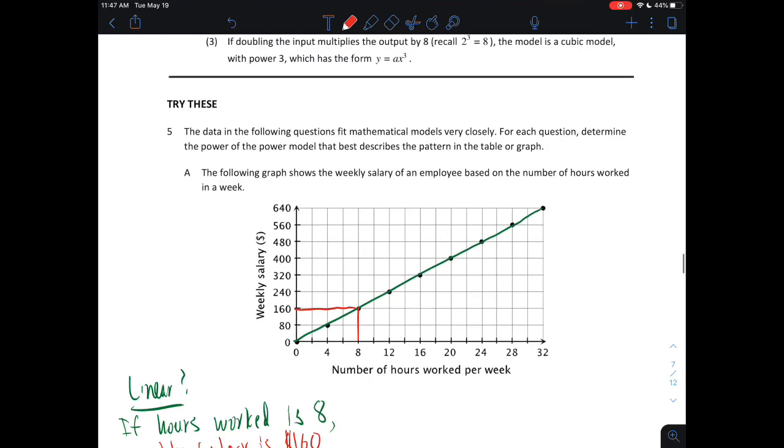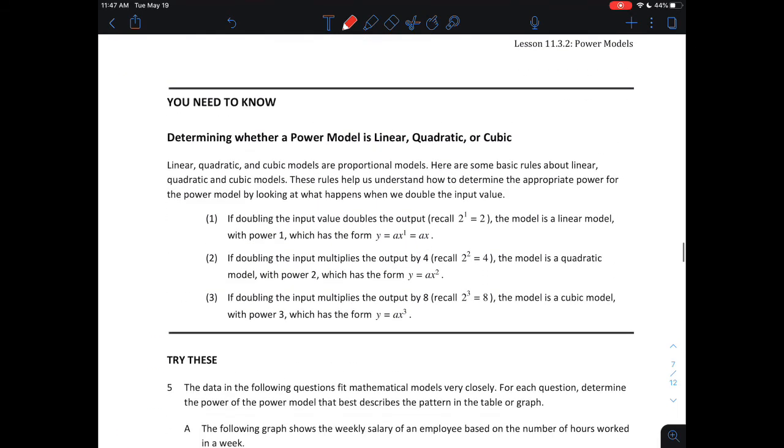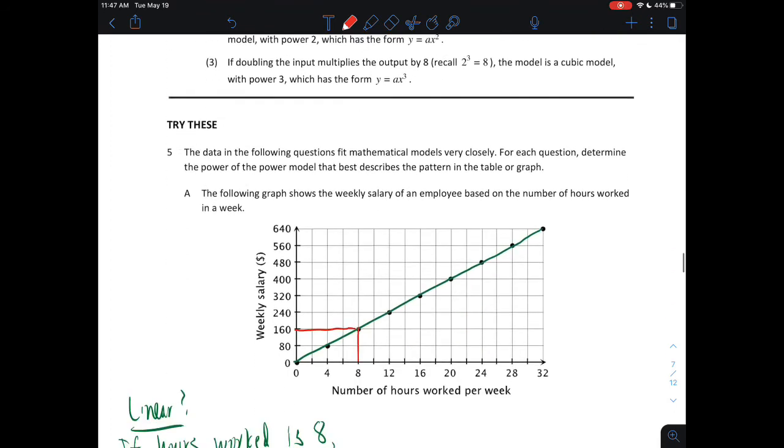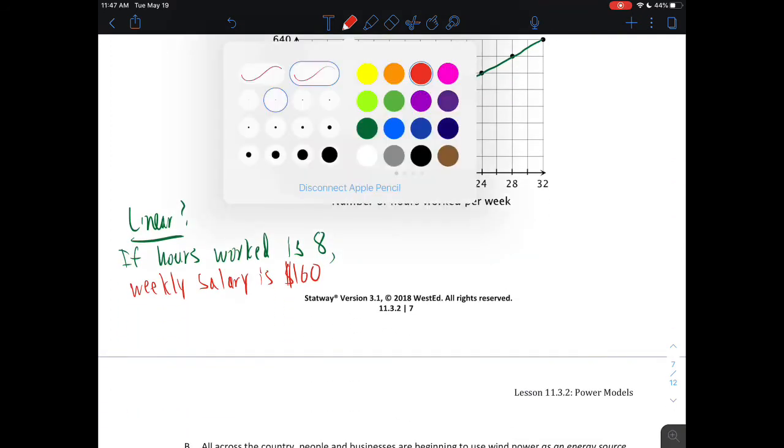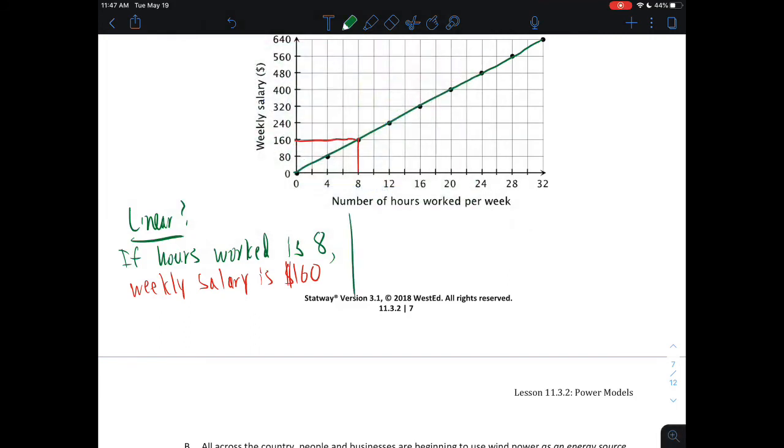Now let's use what was stated in the You Need to Know box. Let's double the input value. So double the hours worked. If we double the hours worked, that's double of 8. So what's 2 times 8? That's 16. So if the next week this same person works twice as long, 16 hours, how much money do